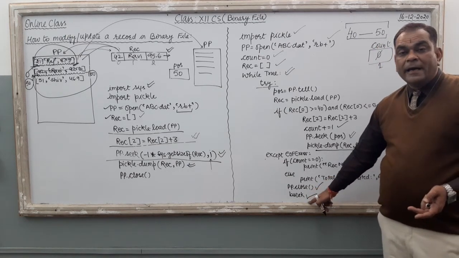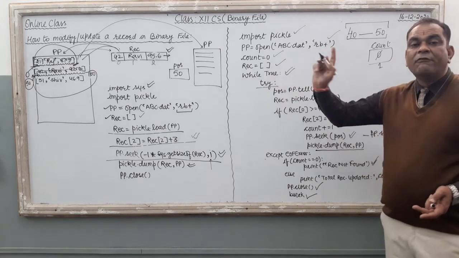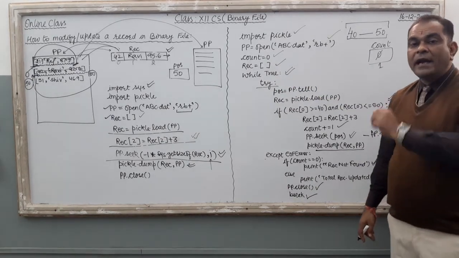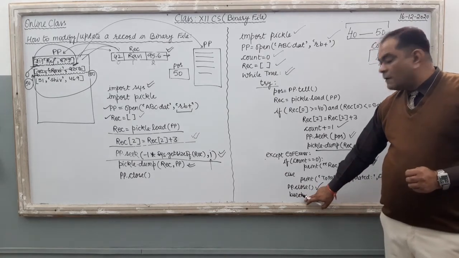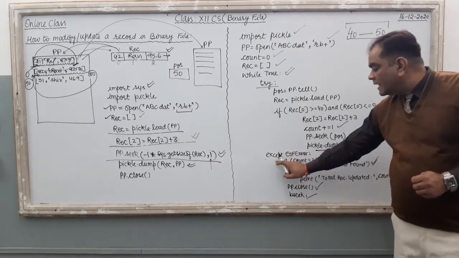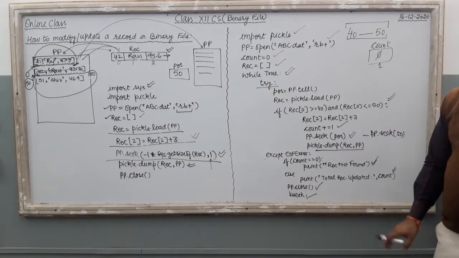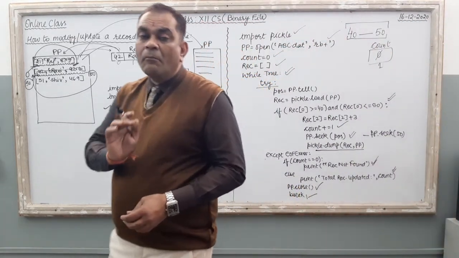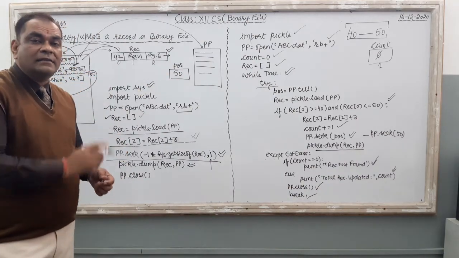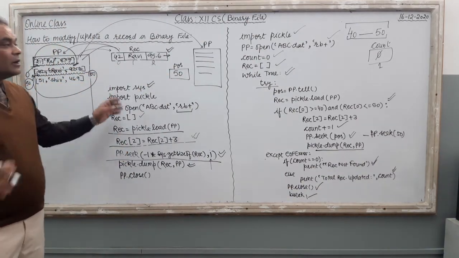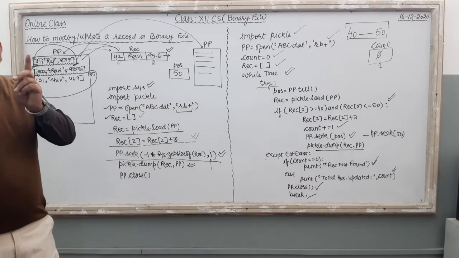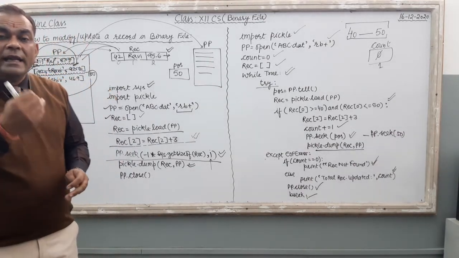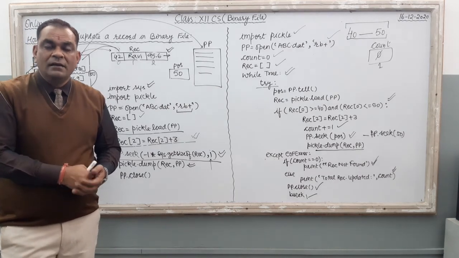Why do we have to put break? Because here while True is an infinite loop. You have to stop the loop by using a break command, the Python break command. So break is available here in this except block. Done. So this is the program by which we can modify the records that are inside the file. I hope you understand the concept. Now only one concept is left in this binary file operation, that is how to delete records from the file. Right? Thank you very much.